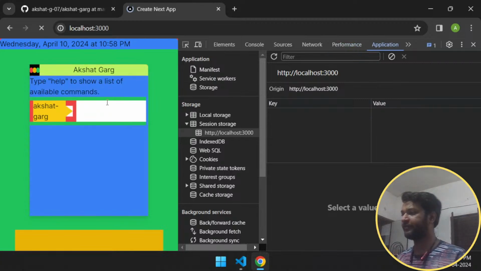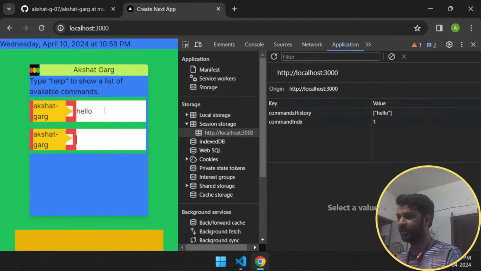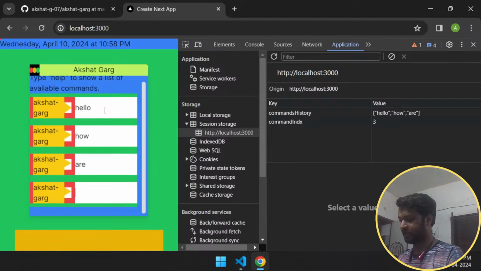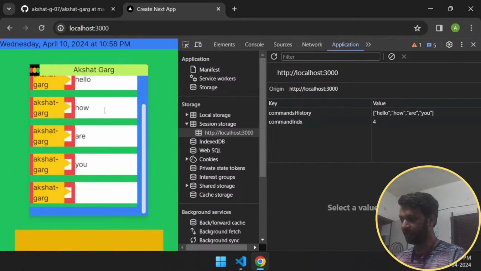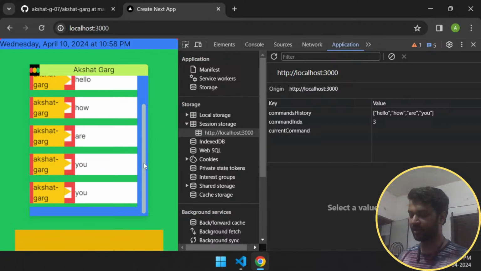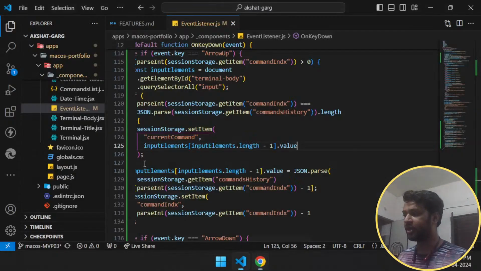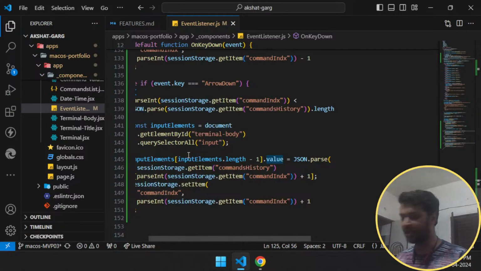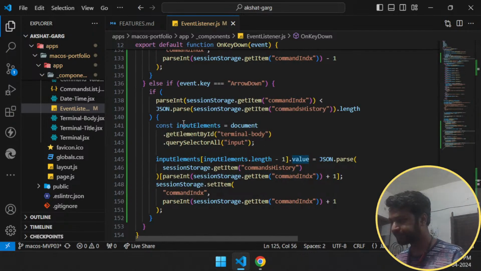Let's quickly see if whatever we have thought works. Hello, how are you? Now we press the up command, great, and we just got what we wanted, and it came undefined. We'll figure that out as well. ASDF, correct, right. Now undefined is coming, why? Because when we pressed arrow down here, when we set the value here, in this case